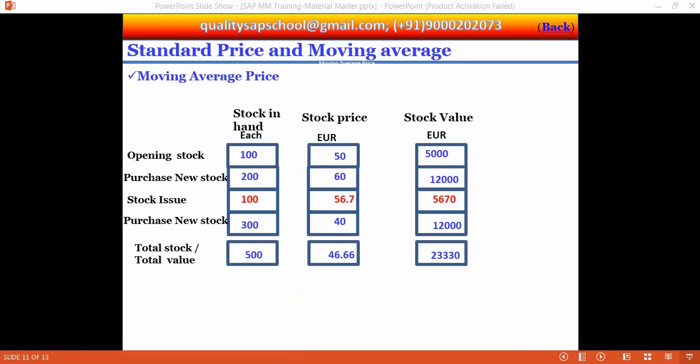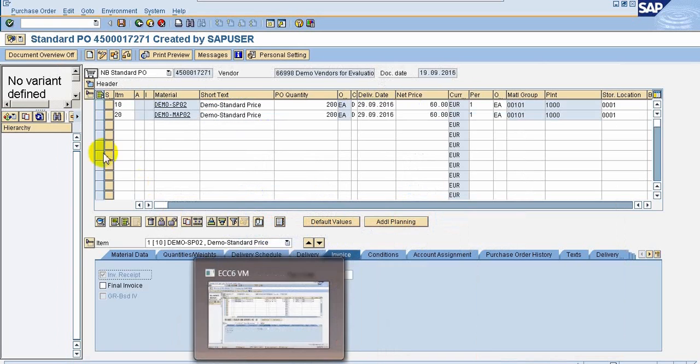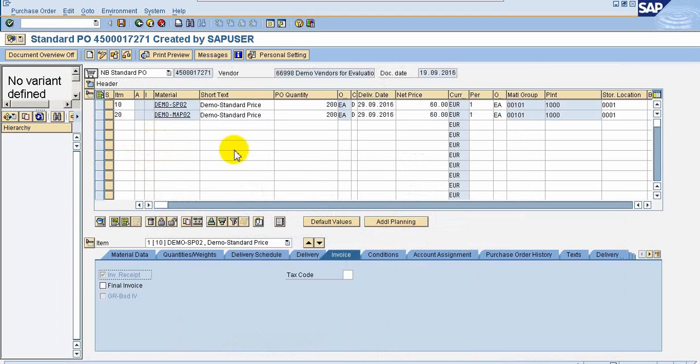You can see here a new purchase order. The purchase order number is different, it is 271 450017 271. The one before is different. So this is a new purchase order, demo SP02 item, demo